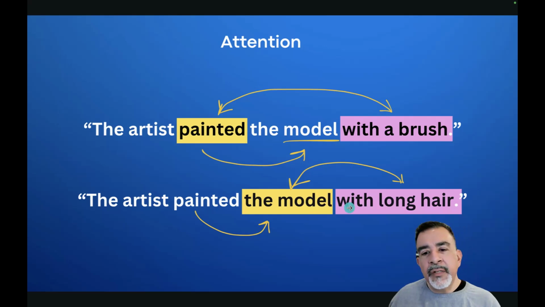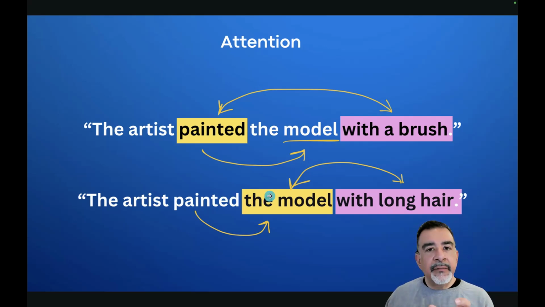But we only know this because we have made it common sense to look back and forth to understand the relationship between different words. We're not just reading it going forward. Because if we read these sentences just going forward, we might make the mistake of associating, let's say, long hair with painted rather than the model.